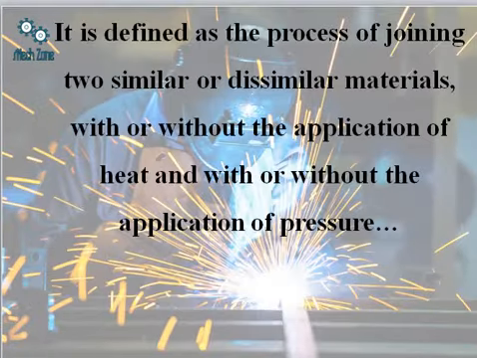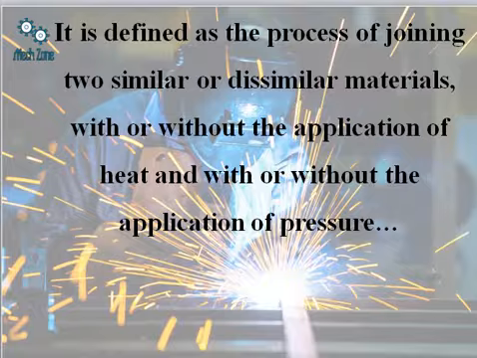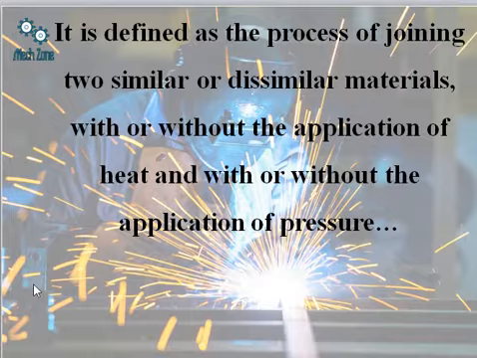So how is welding defined? Welding is defined as the process of joining. Actually here the joining can be either permanent or temporary. So welding is actually a permanent joining process, whereas if we are joining two dissimilar or similar materials with rivets, nuts or bolts which can be easily separated, then that becomes a temporary joining case. But welding here is a permanent joining and the components cannot be separated from each other.